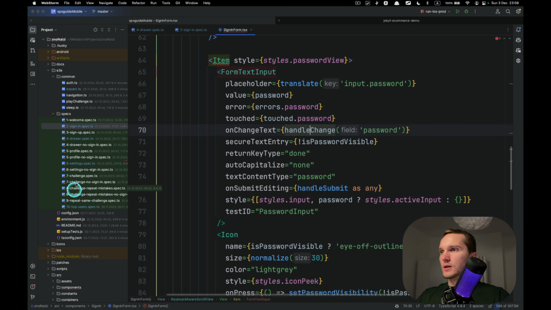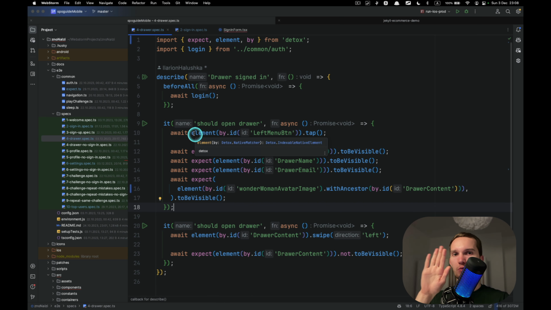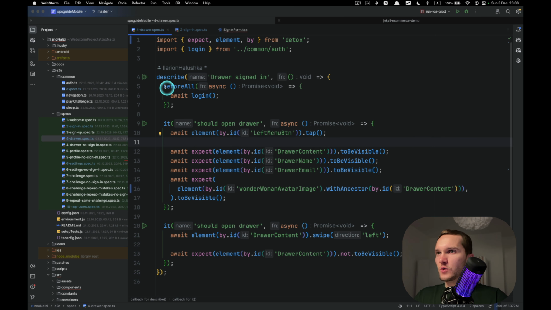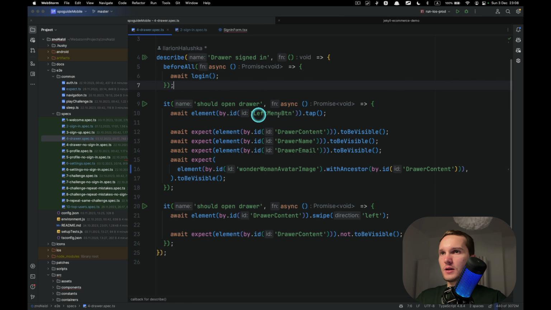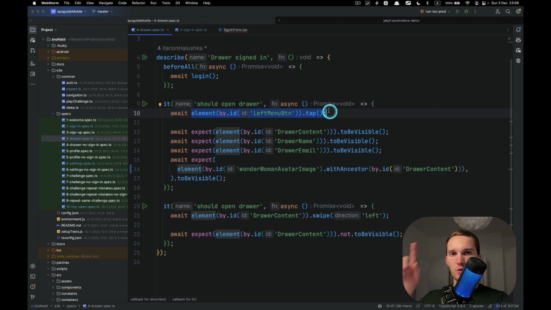All right, let me show you another test. Let's say this one with the drawer. Drawer is something that opens: you click on the button, the menu, and then the menu moves like this. So what do I have here? Before all, I have login. So I have some login method to log into the app. Then element by ID left menu button tap. So I tap on the menu in the left